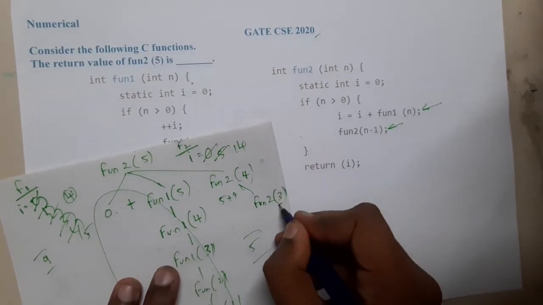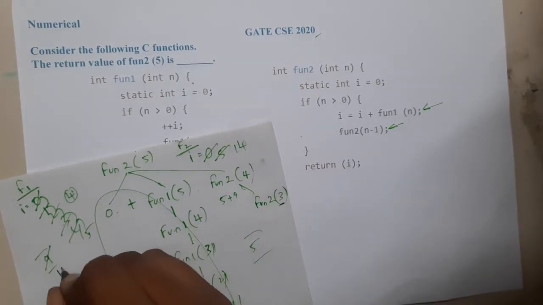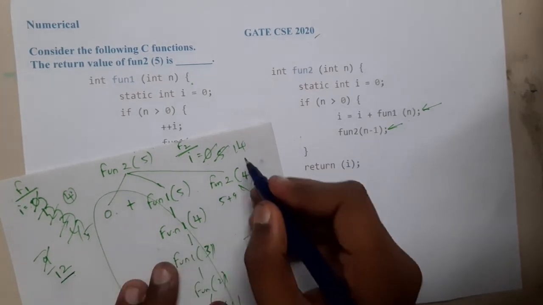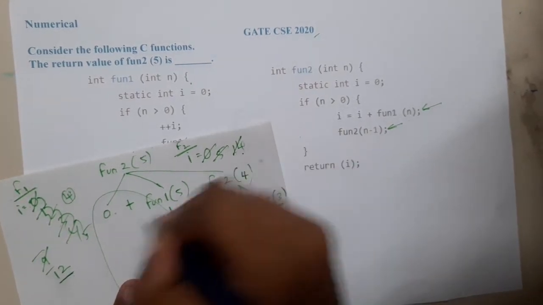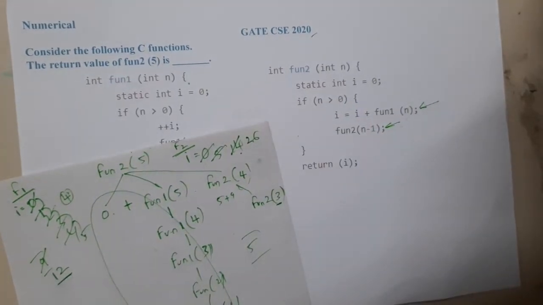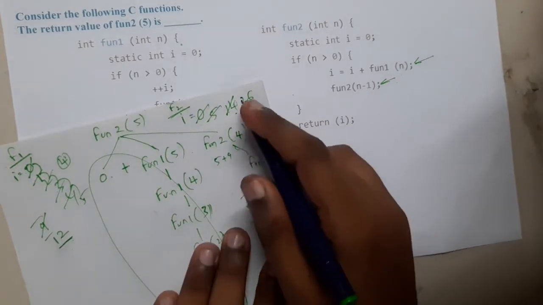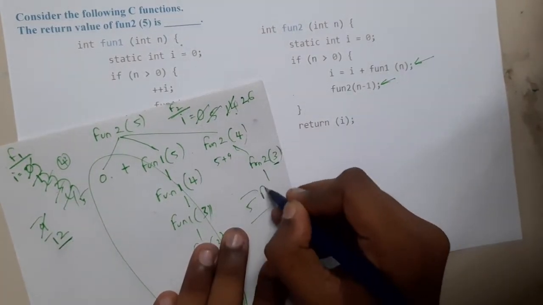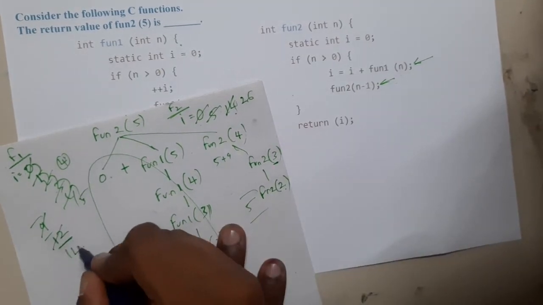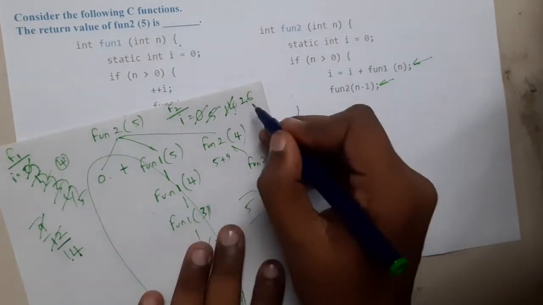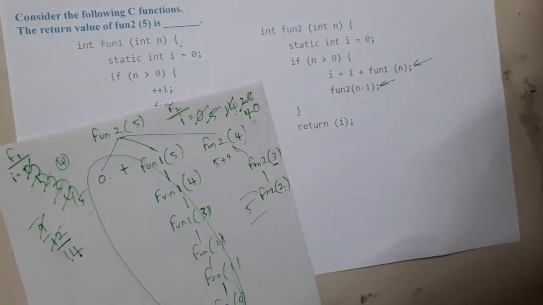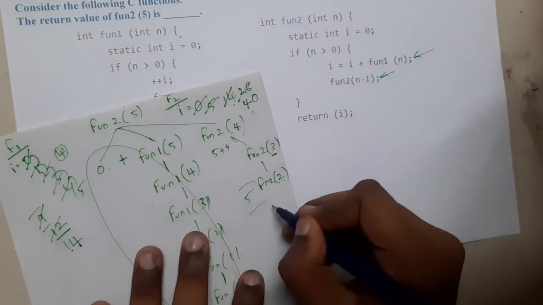Again I will be calling fun2 with 3. It will go up to 12, as 9 plus 3 is 12. This 12 will again add to our result, so our result will be 14 plus 12, that will be 26. Now moving on, this will call fun2 of 2, which will increment this by 2, so that will become 14. Now this 14 will add up here, so the result will be 40. Moving on, again this will pass fun1.